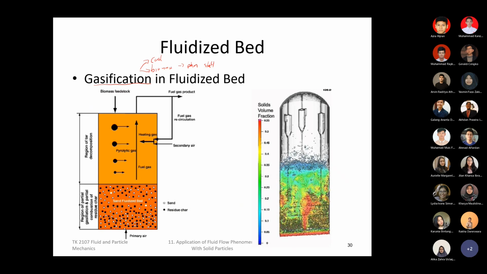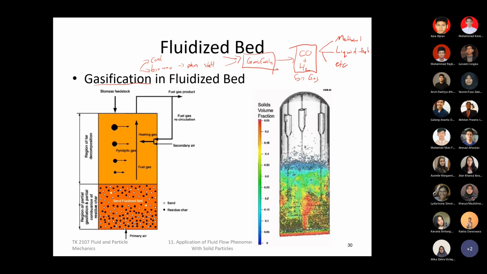The objective of gasification is to convert this kind of feed that goes into the gasifier, and then you will get a syngas, which is mainly CO plus H2. That is called syngas, synthetic gas. Once you get CO and hydrogen, you can produce different kinds of products, for example methanol or liquid fuel and other types of chemicals. So a lot of different things. It opens the gate for a lot of chemical production.